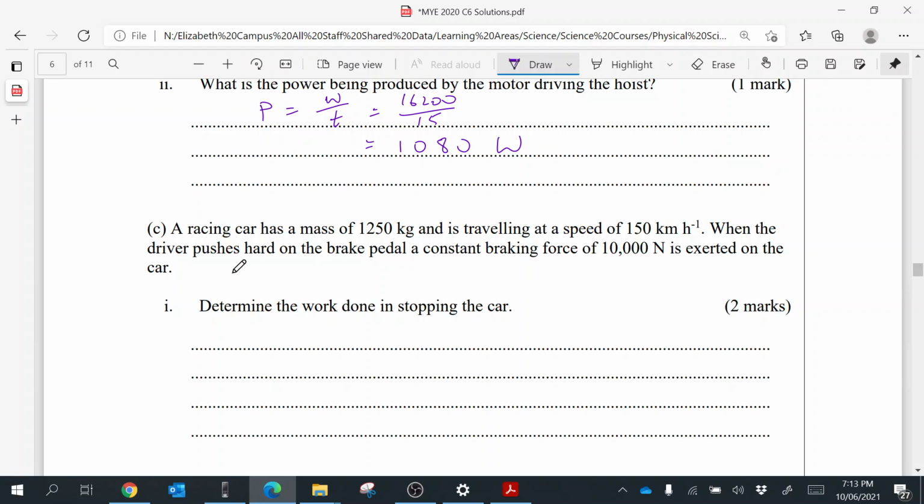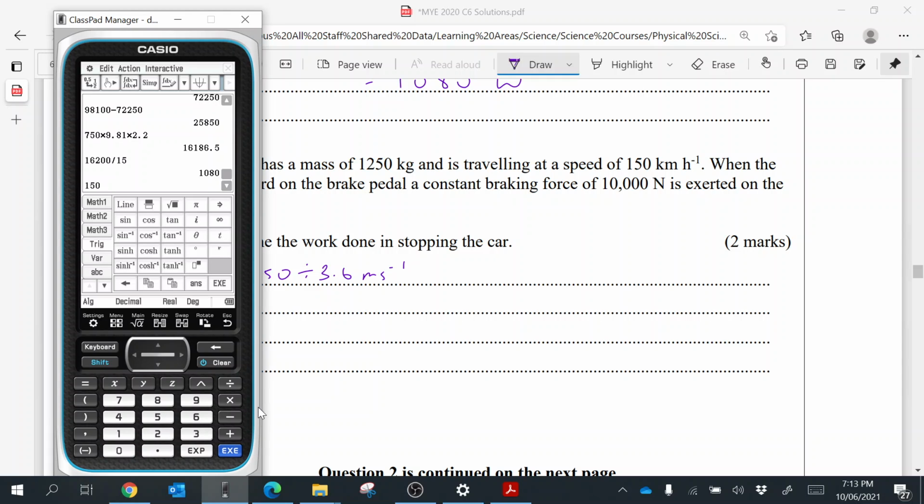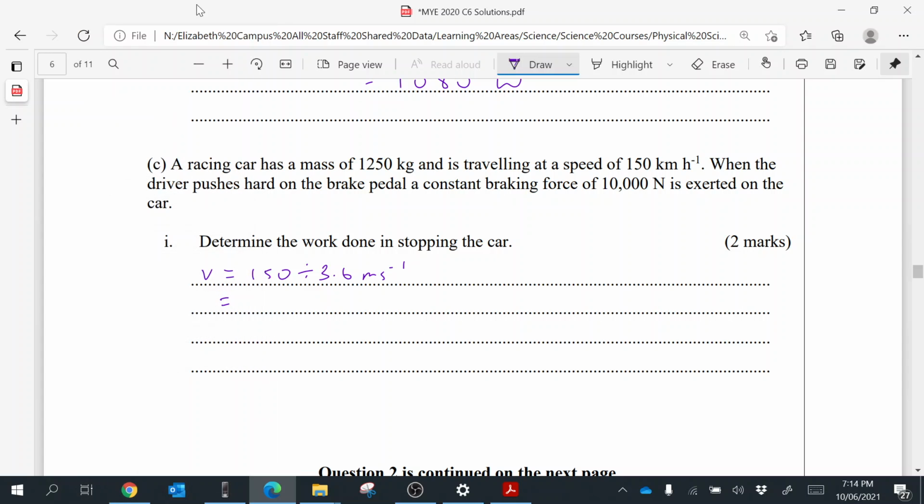A racing car has a mass of 1,250 kilograms and is travelling at a speed of 150 kilometers per hour. When the driver pushes hard on the brake pedal, a constant braking force of 10,000 newtons is exerted on the car. Okay, determine the work in stopping the car. Right. Okay, so first of all, let's just say V is equal to 150 kilometers per hour divided by 3.6 meters per second. So we're just converting to meters per second because that's what it has to be in. We're going to use our formulas. So that's 41.7